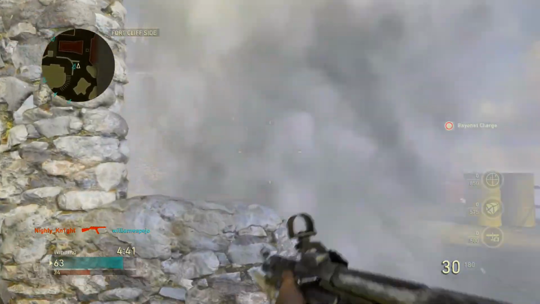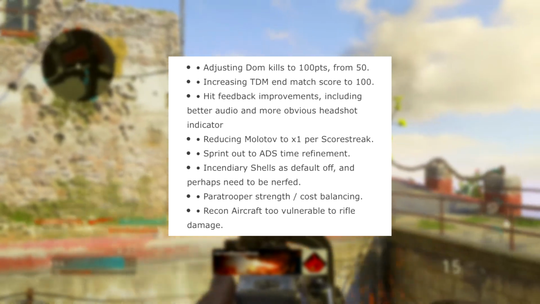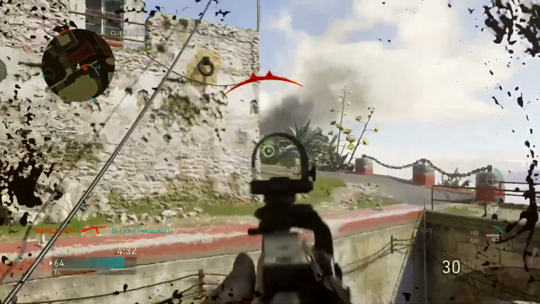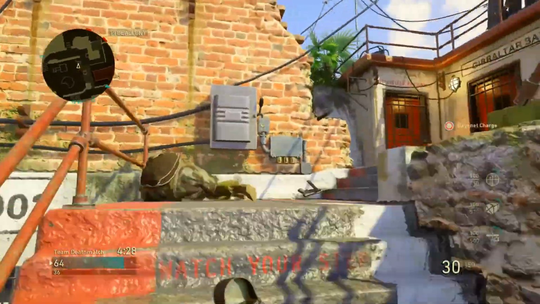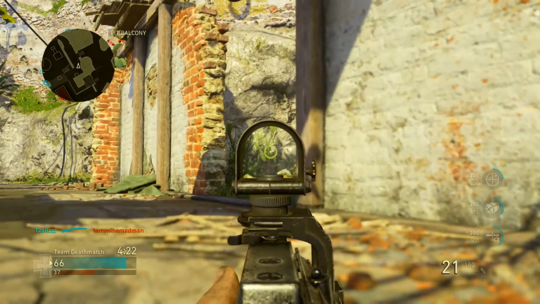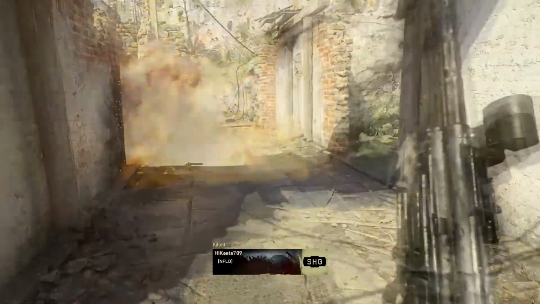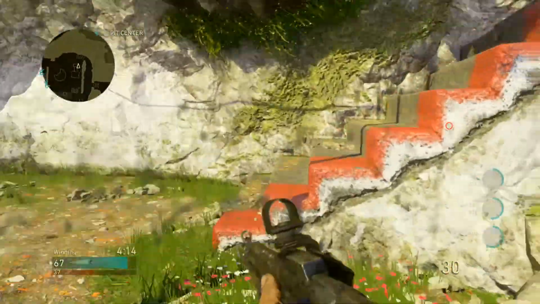Following that, we have recon aircraft, too vulnerable to rifle damage. Now, I can agree with this. Whenever you see a recon aircraft, which is the equivalent of a UAV, they're super easy to take down. I remember using LMGs and assault rifles all the time in the beta, just look up and shoot about a magazine each. Honestly, it didn't take that much to shoot down the recon aircraft. And for a streak that takes a little bit of time and effort to actually get, as opposed to UAVs or recon aircraft in past games, it definitely needs to be tuned up a bit,